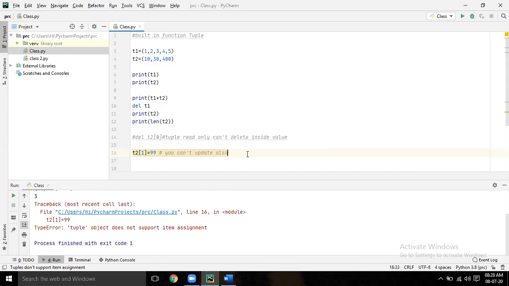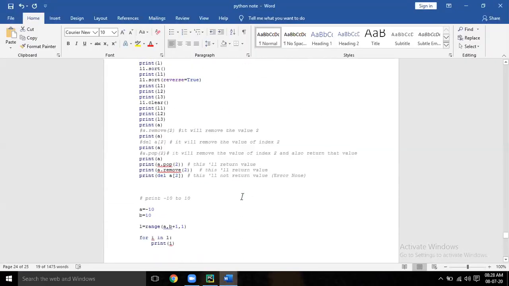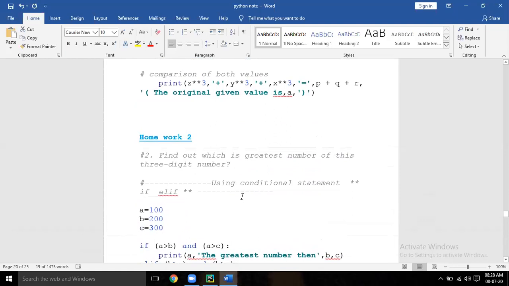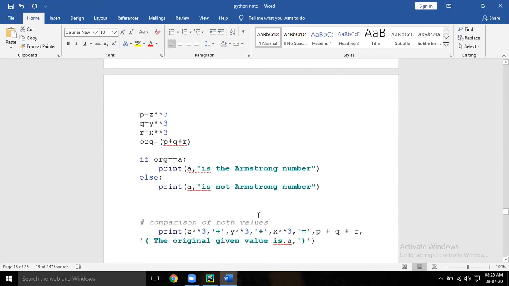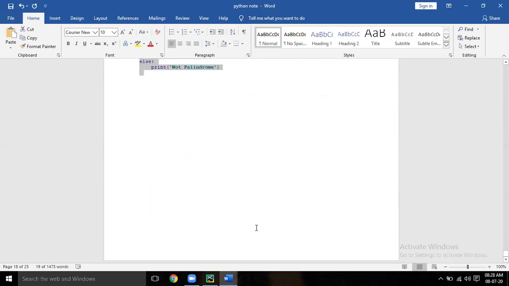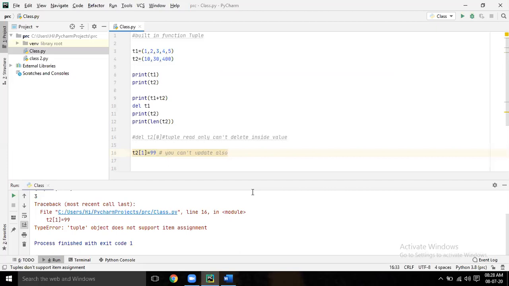Same tuple, last time we studied, sir. No, I didn't get you. Come again. No, last time we studied tuple, right? Correct. Actually we studied all the data types, number, string, list, tuple. But now we are studying all the properties in detail, the built-in functions in all the data types. Before that we studied only the basics, but now we are going deep. Now come to the dictionary. Built-in functions in dictionary. Save it, all these things.